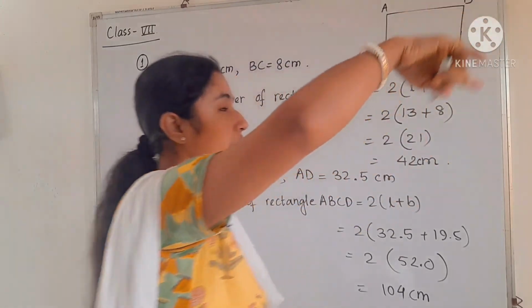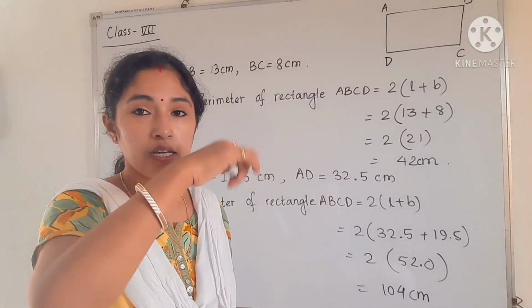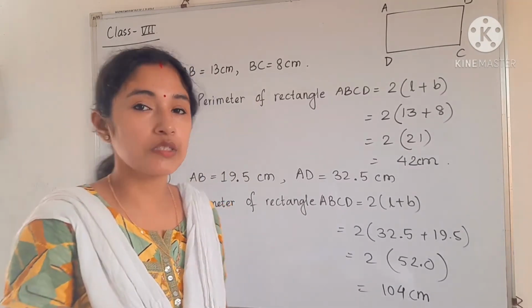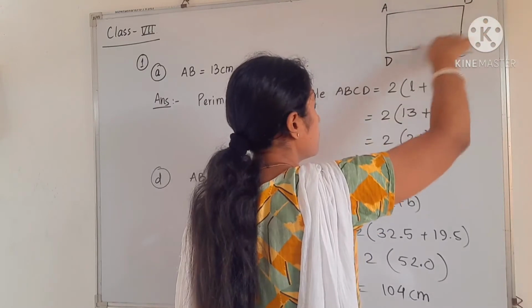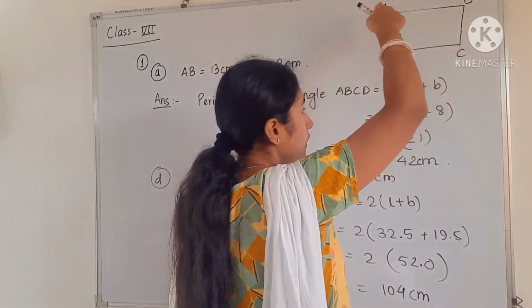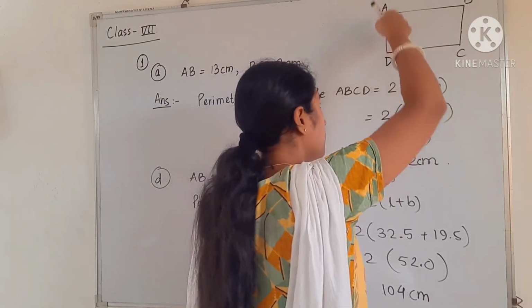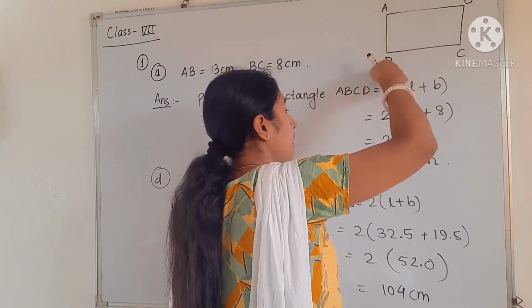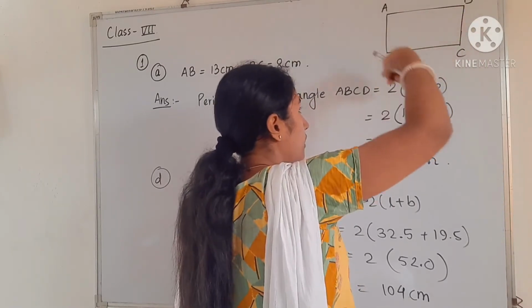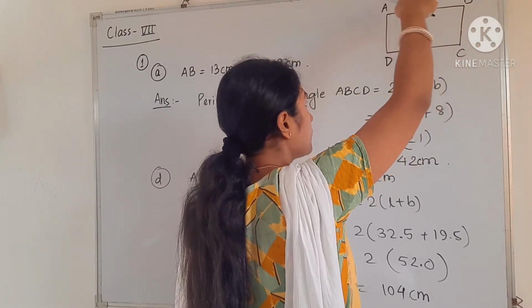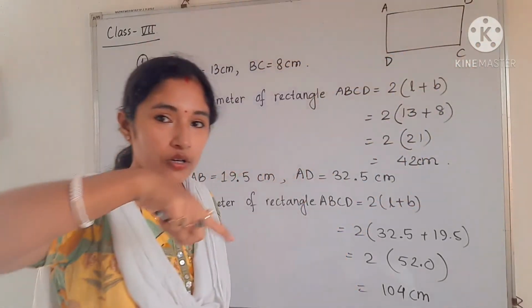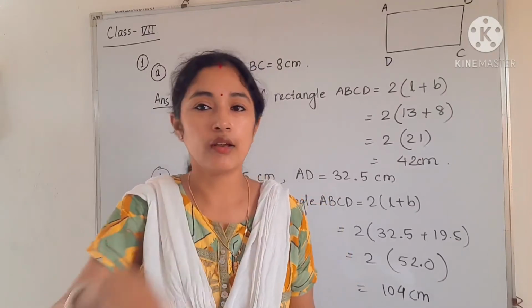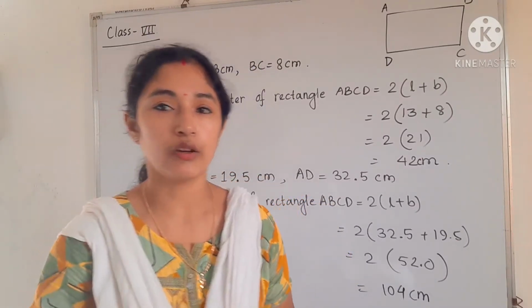So if you are taking in anti-clockwise direction, anti-clockwise, that means the opposite of clockwise. If you are taking the anti-clockwise direction, then you have to do like this, okay. And if you are taking in clockwise direction, then you can start A, then you can write here B, then C, then D, okay, like this. So don't write like this A, B, C, D, okay. You have to maintain the order, that means the clockwise or anti-clockwise, that direction you have to maintain, okay.